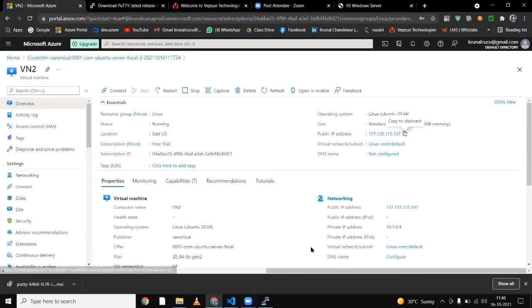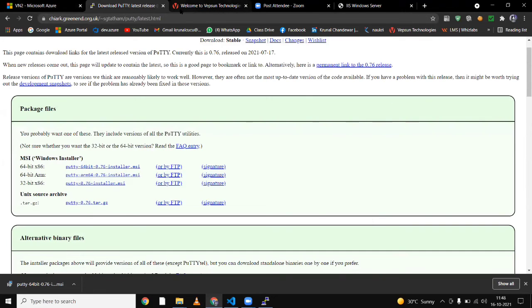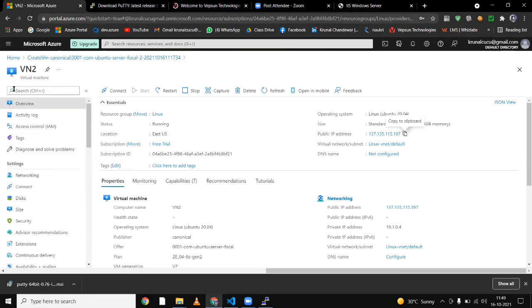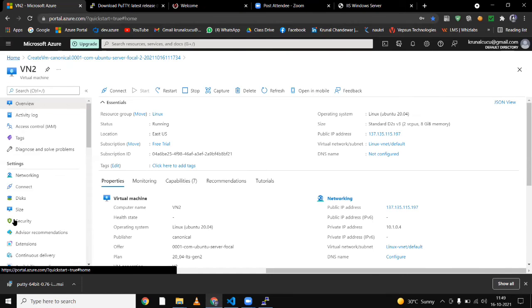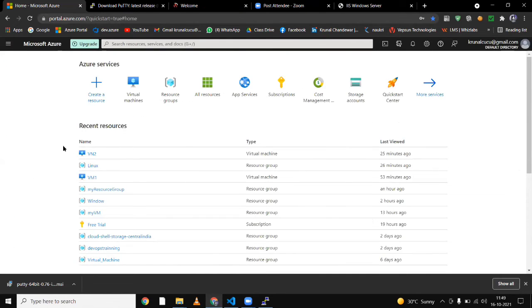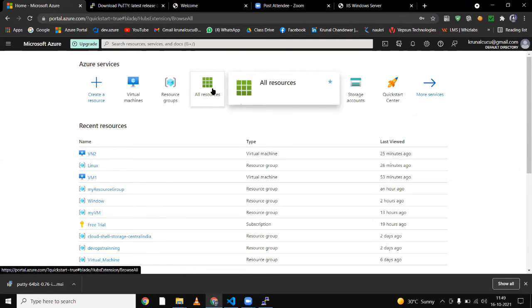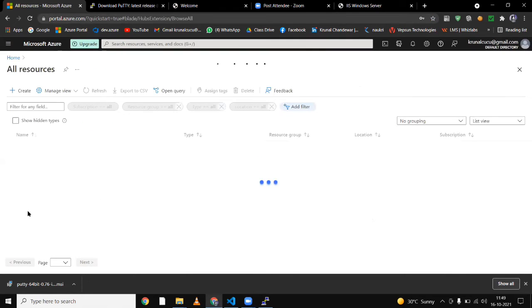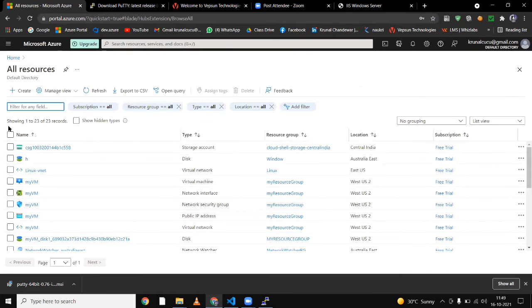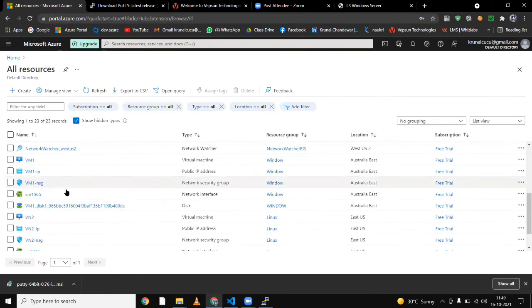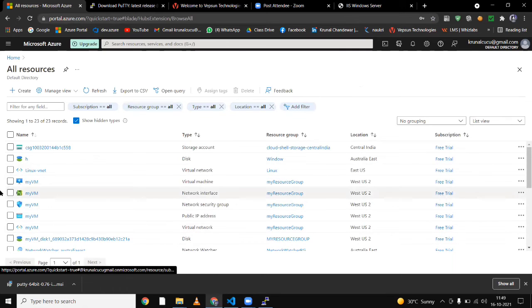navigating to the Azure portal, and again I will give you a short summary of important things. Always, first go to All resources. Here you always have to click Show hidden types. Then you will get all your resources here.